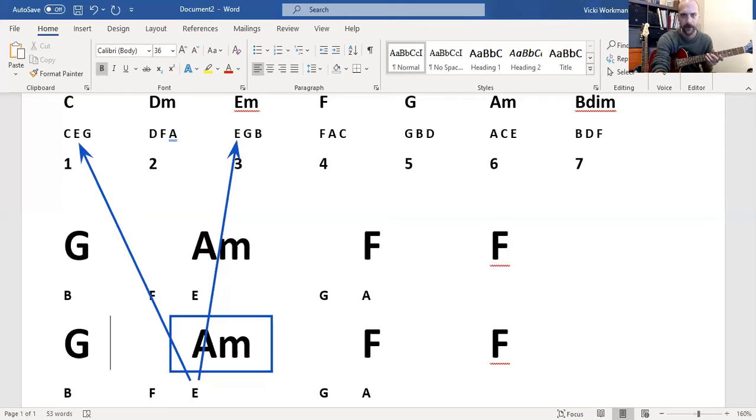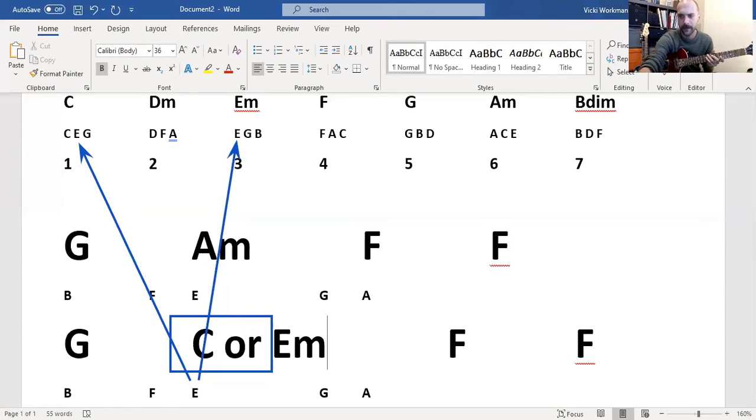So the first time through, I'm going to replace this chord and put a C instead of this A minor. And the second time through, I'll try an E minor. So I'd like you guys, when you hear it, quick as you can, to get in there and say either A minor, which means keep it as an A minor, C, change it to a C, or E minor. Let's see how we go. So